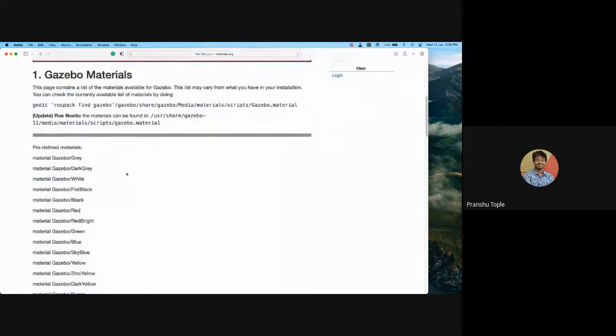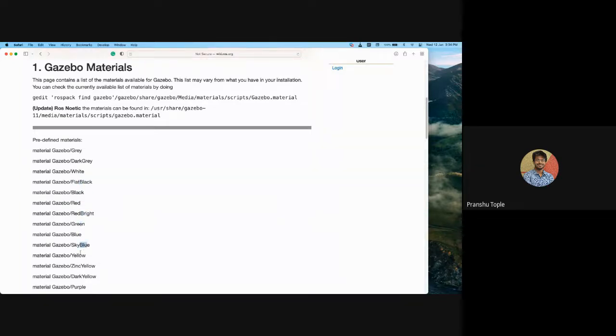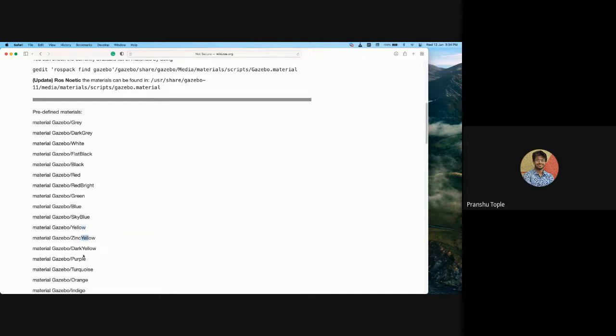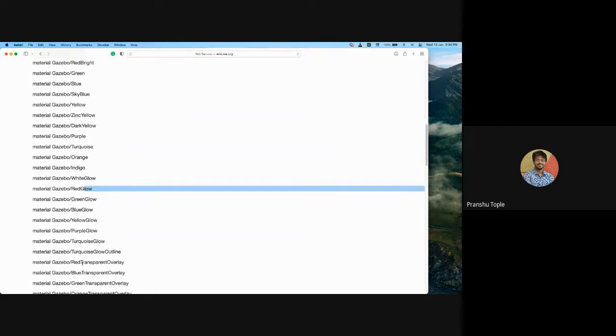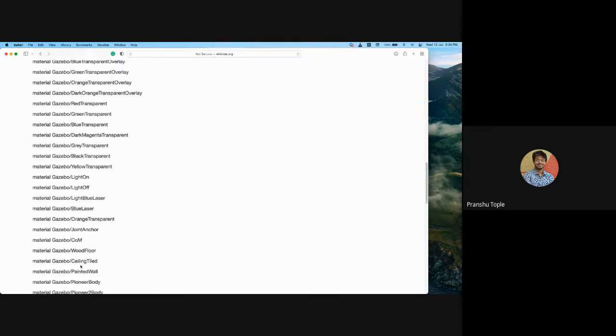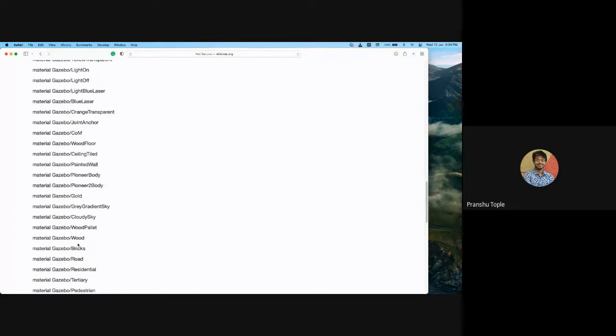Yes, there is gray, dark gray, white, flat black, black, red, bright green, blues, yellow, zinc yellow, purple, turquoise, orange. Whatever color you want, you can give it. Somewhere here is wood as well. Yeah, see, wood floor, gold, bricks.